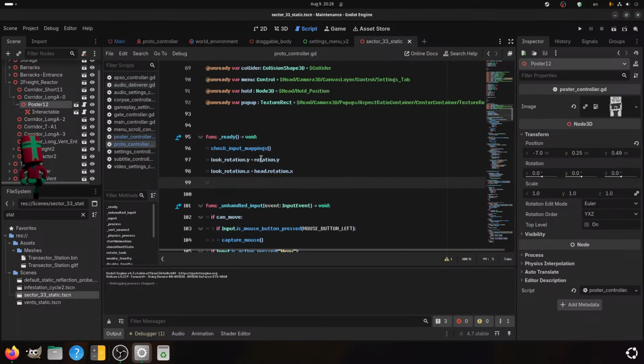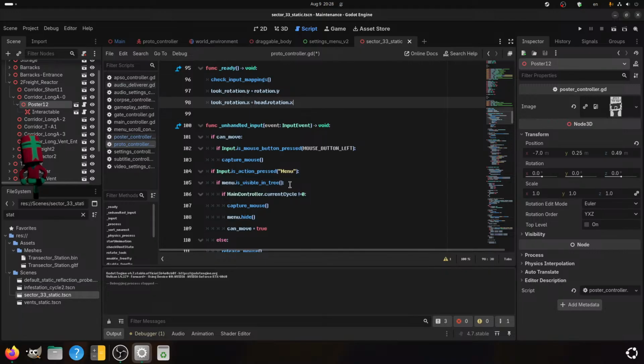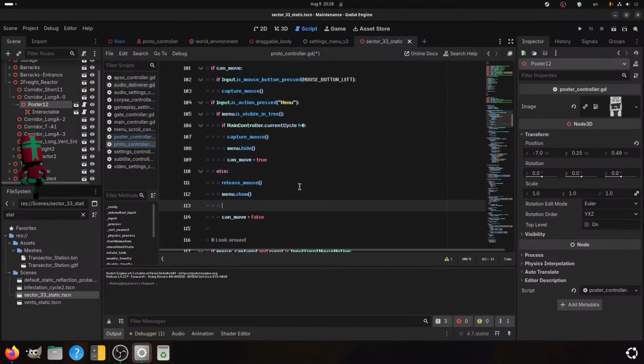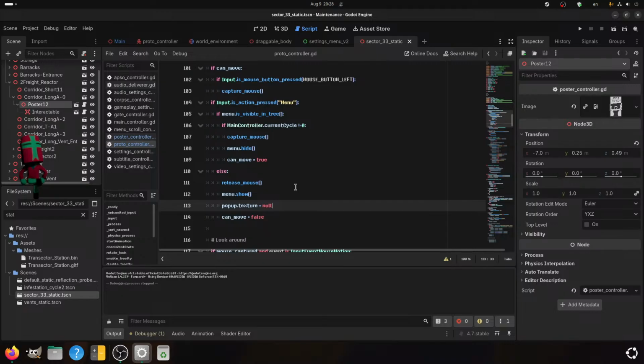Auto controller. Menu. Capture mouse, menu hide else, release mouse, menu show. And I can do pop-up texture equals null.